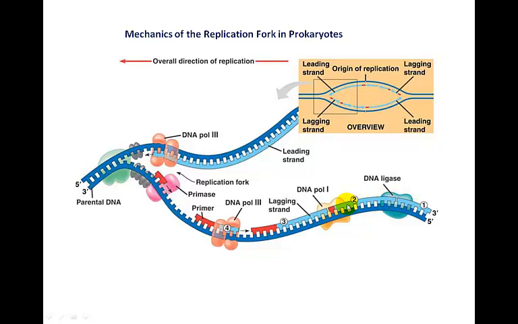What I didn't mention is with primase, in order to make the continuous strand, we needed to make one primer for the continuous strand, whereas we need to make multiple primers for each DNA fragment that we make in the discontinuous strand. So the primase made a primer, and then we extended the leading